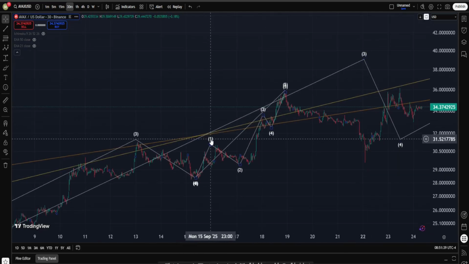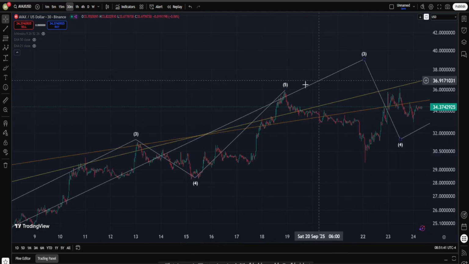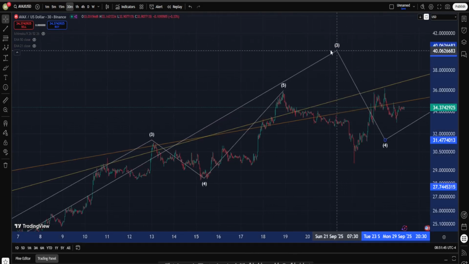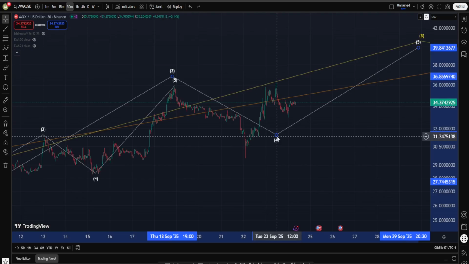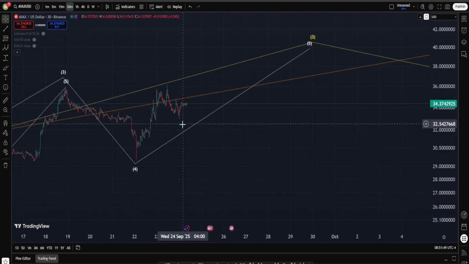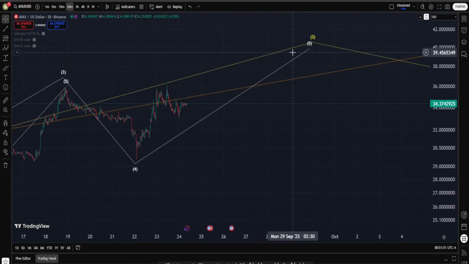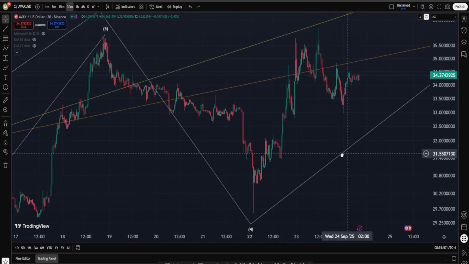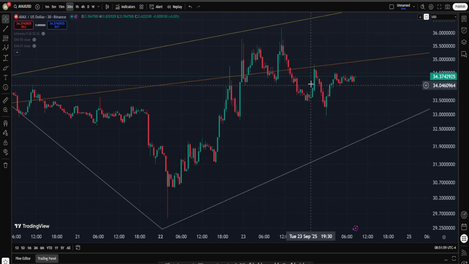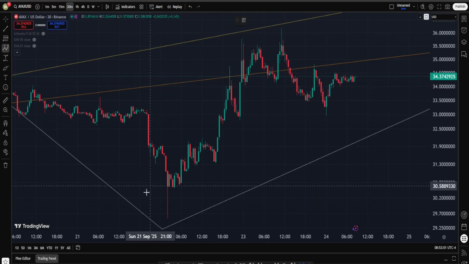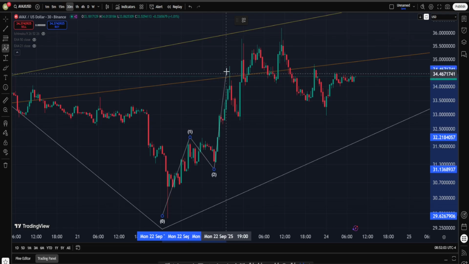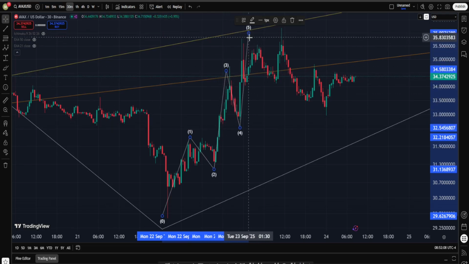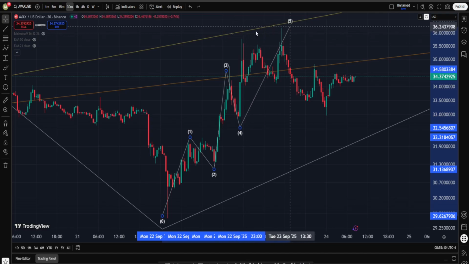Now, in here, let's actually delete the subwaves. This point is the end of our wave 5, and on a higher degree, the end of this wave 3 is in here, followed by a correction for 4. And right now, I still believe our move up is going to continue into this wave 5. And pay attention to what we are having off of this point. In my view, we are most likely having in here a wave 1, correction for wave 2, decent move up into wave 3, correction for 4, another move into wave 5. I'm going to say potentially to about this point and not the highest high.